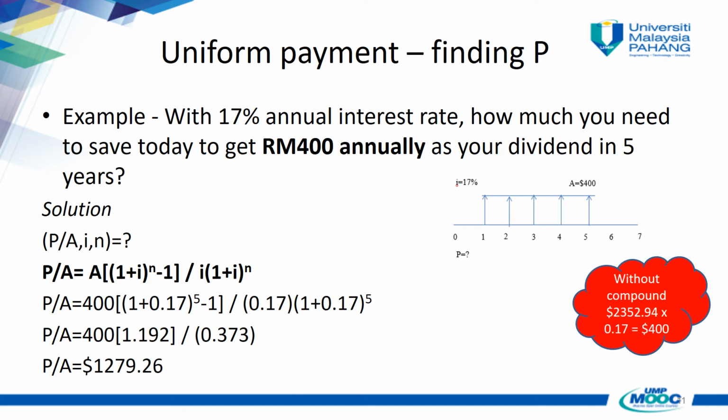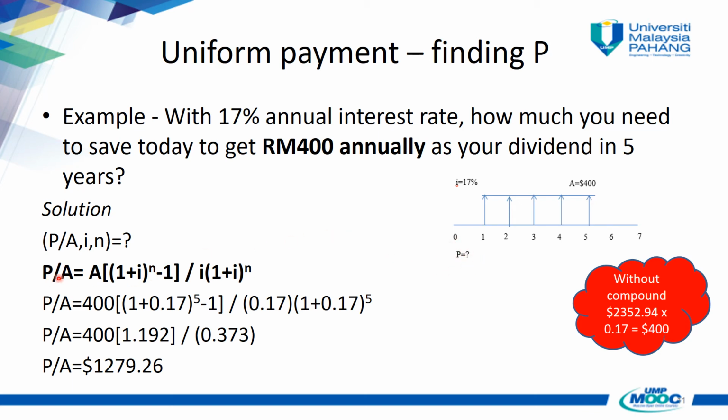Let's see the next example, using uniform payment to find P based on our annual worth of money. With 17% annual interest rate, how much do we need to save today to get 400 ringgit annually as a dividend for 5 years? How much money do we need to save first so that after a few years we will consistently be paid 400 ringgit every year? So the solution is based on finding P